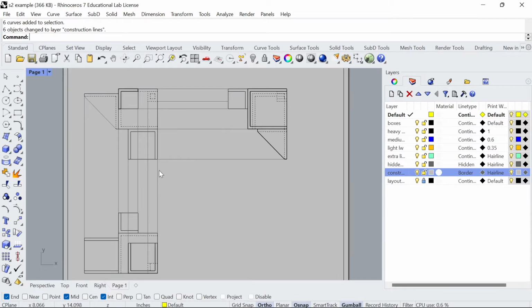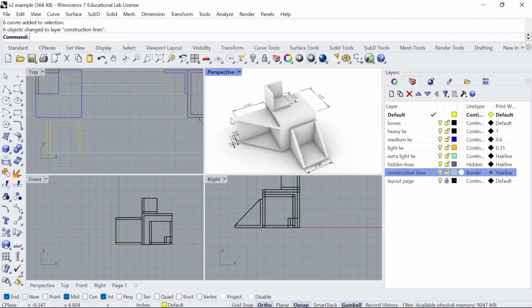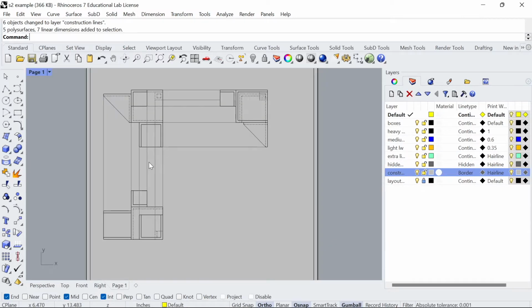In my case, for this example, I'm going to try to simulate it with measurements of a 3D model, but not actually use the 3D model to draw the lines or extract lines from it. Okay, hopefully that'll make sense. But what we're going to be attempting to do is creating orthographic drawings based off of something in front of your face that's not 3D modeled, which is a little bit more difficult. And you are going to start with the top plan view and from there extract the side views, taking measurements